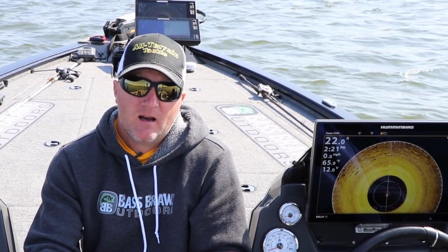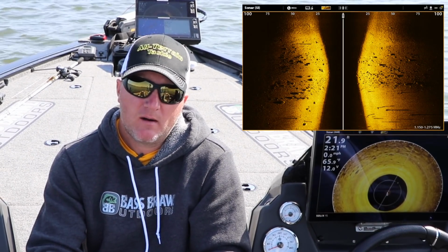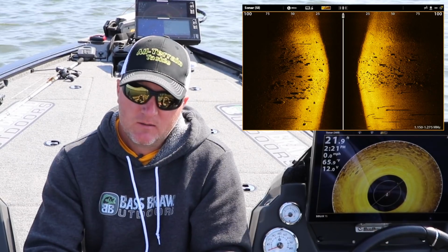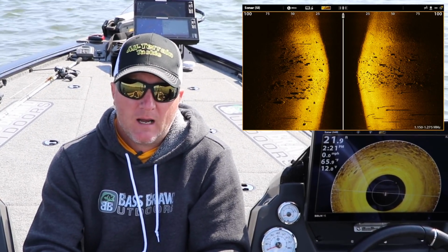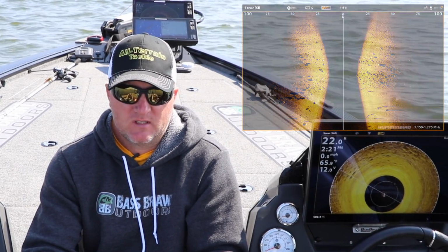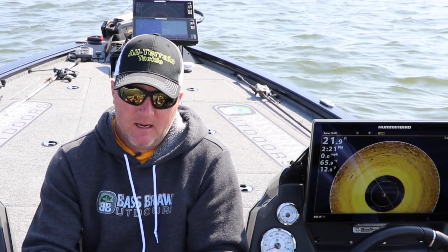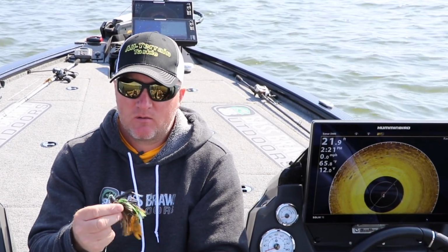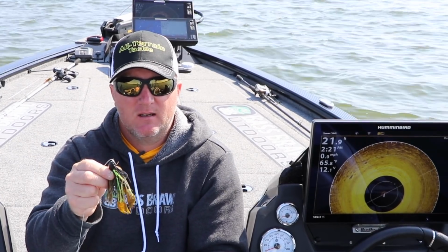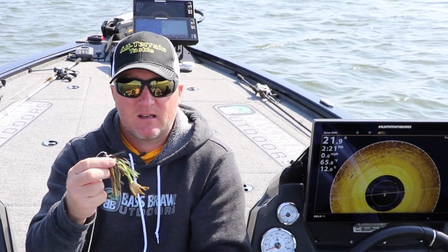What we're doing right now is we're out in about 20 feet of water on some deep rocks. There's some laydowns on the bottom, big rock, little rock, gravel, bunch of stuff. And there's a bunch of bait fish and bluegills out here. So we're just gonna take this 3/4 ounce All-Terrain AT jig, and we're just gonna drag it across those rocks